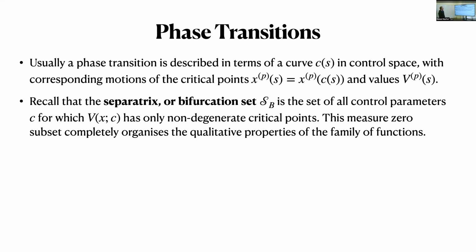Okay, so I need two notions in order to define phase transitions precisely. The first is the separatrix, which I've already defined, also called the bifurcation set. Notation for that is SB, B for bifurcation. That's the set of all control parameters at which